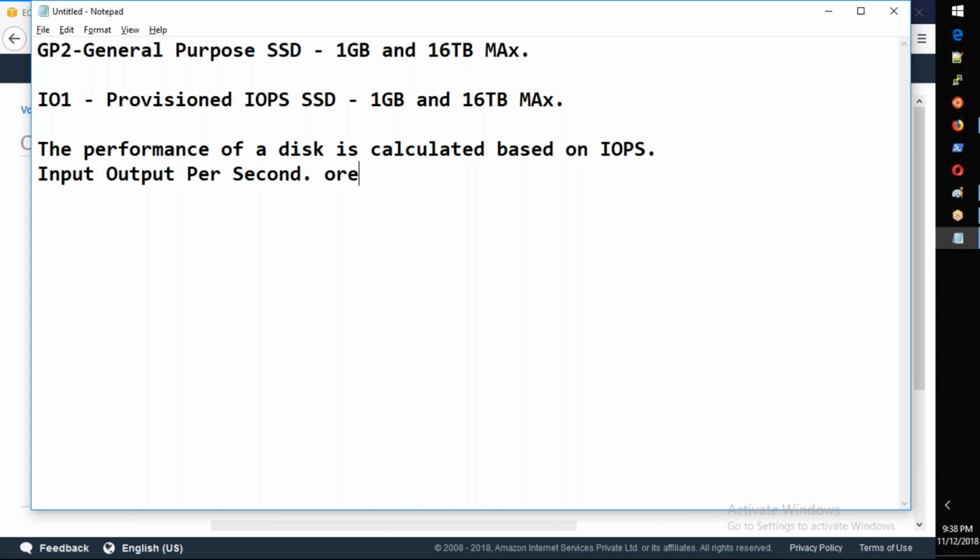The more the IOPS, the more the performance. This is the calculation. Okay, if the IOPS is more, there will be more performance. In general, what you need to understand is,